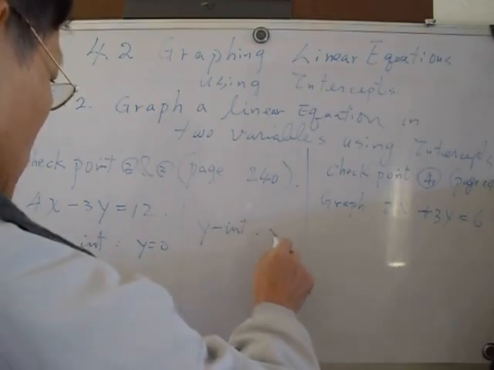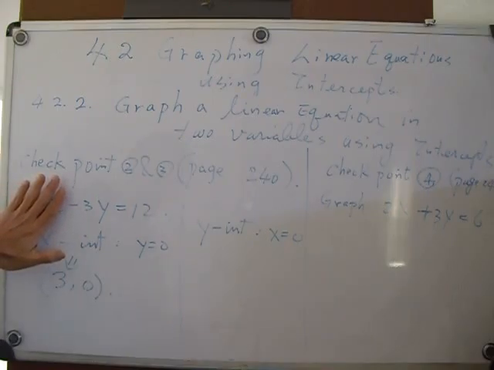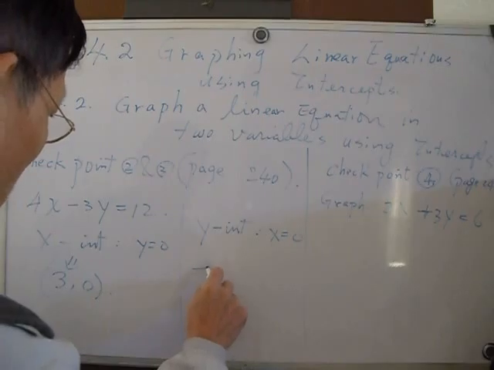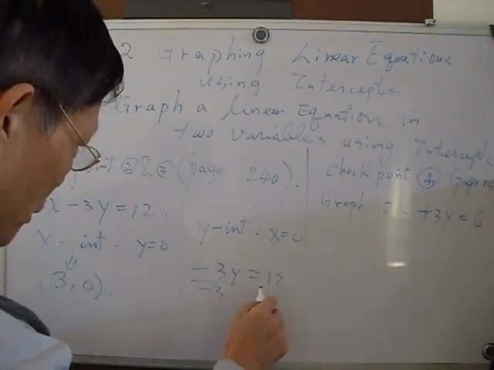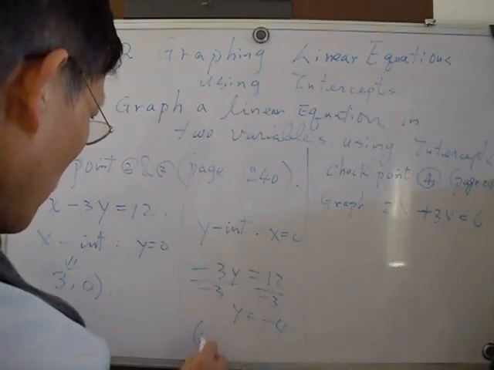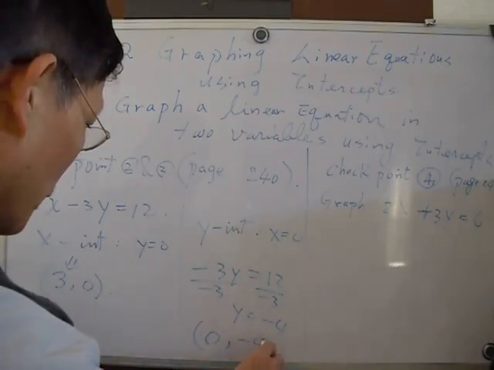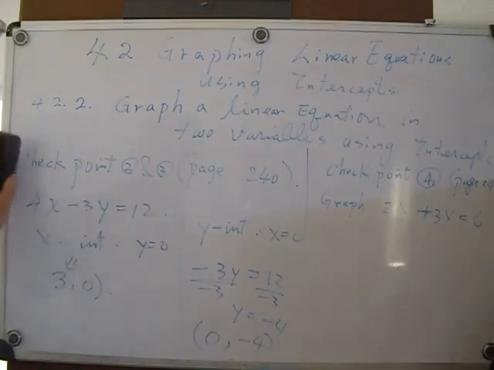For the y-intercept, by definition, x equals 0, so you can blank that term out. Negative 3y equals 12. Divide both sides by negative 3, so y equals negative 4. So your y-intercept is x equals 0, y negative 4, written like this. You only write out the x-intercept and y-intercept, that's it, without doing the graphing. This is our first example. Second example, we want to